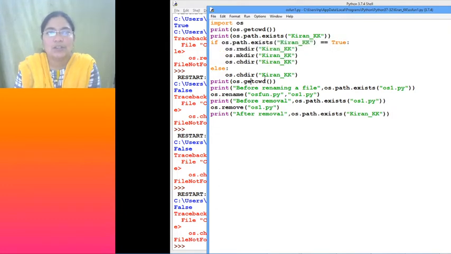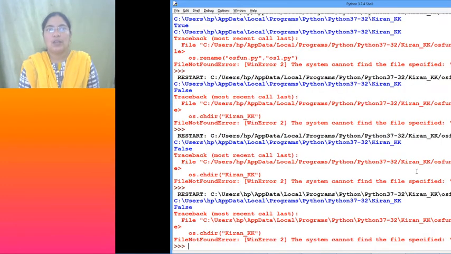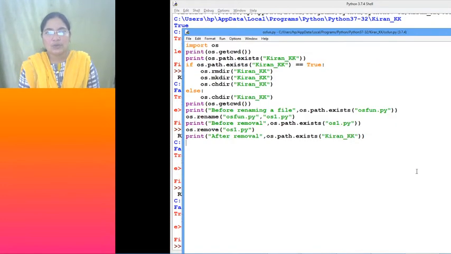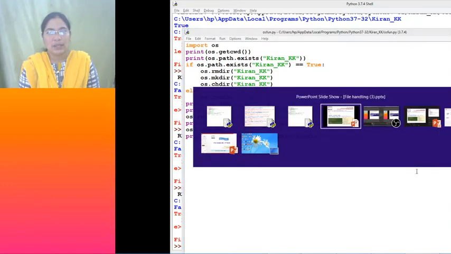So let's proceed. To make you familiar with these commands only, I'm just giving you some programming inputs. Okay children, hope you all understood all the functions of the OS module, right? This is the minimum, it is always good to have the knowledge of these OS modules, for those who are working with file handling.